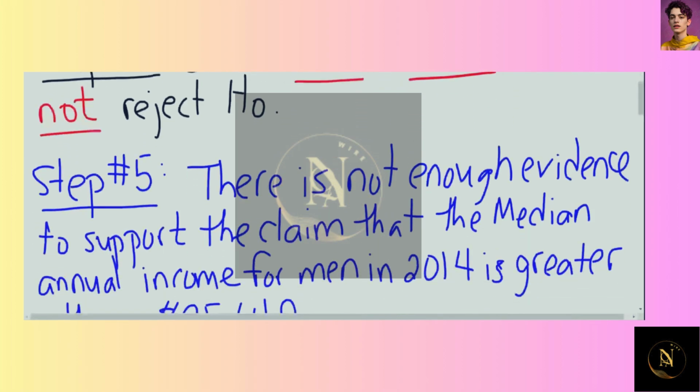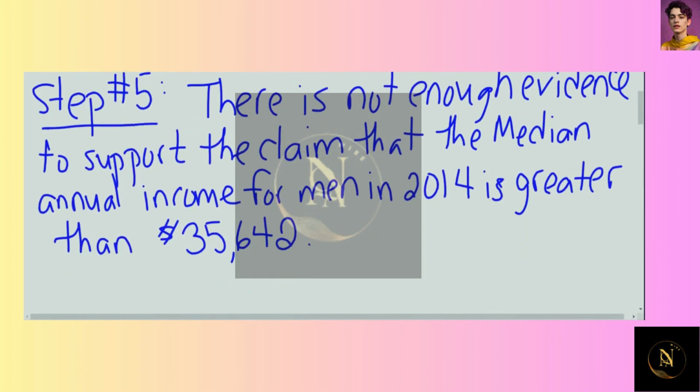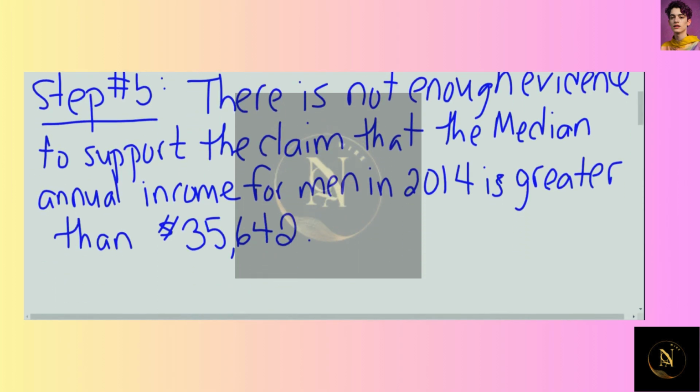All right, and then once you make that decision, what does that mean in terms of the problem? So step 5, there is not enough evidence to support the claim that the median annual